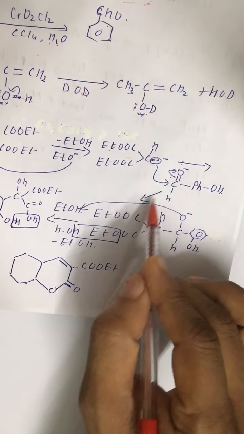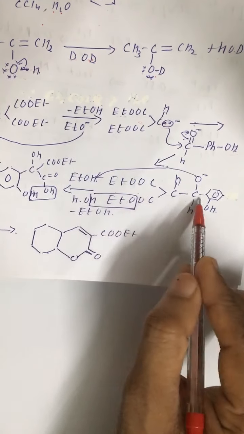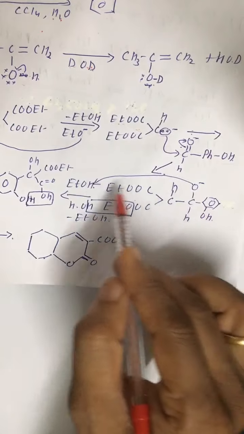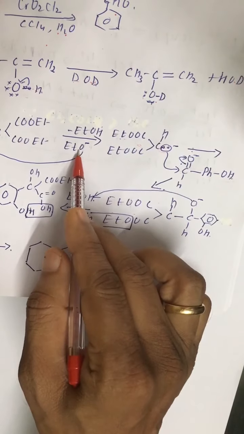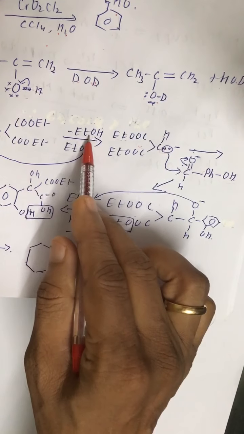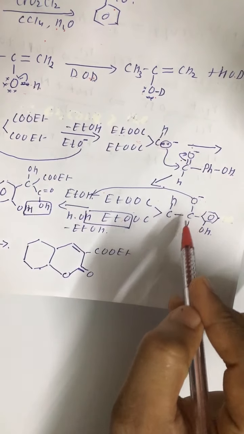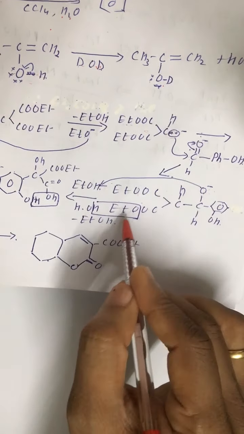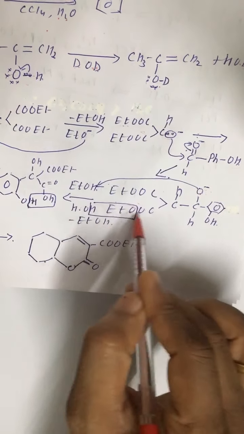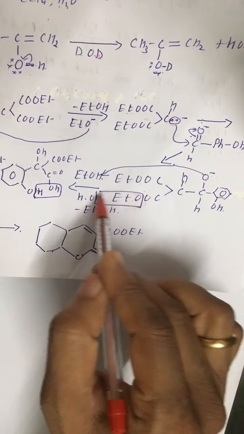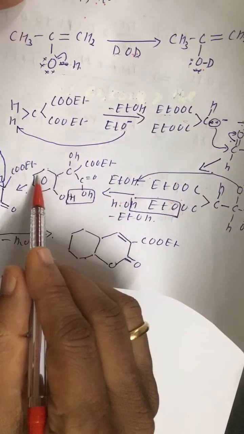Alright, and then we get this product, okay, O negative, it is converted to OH, like the ethoxide initially takes hydrogen and it is converted to EtOH, and again it takes back, so it is converted to OH. All right, and then the whole product is hydrolyzed, this is the removal of ethanol, and we get this product.